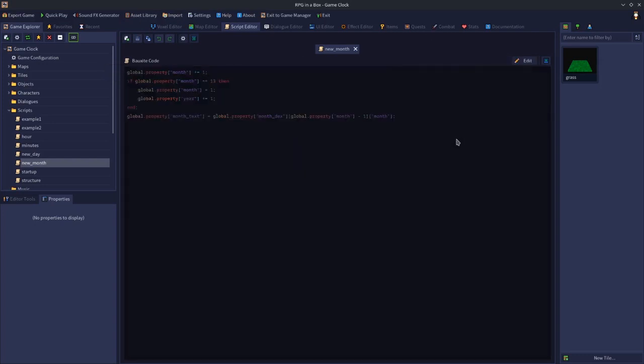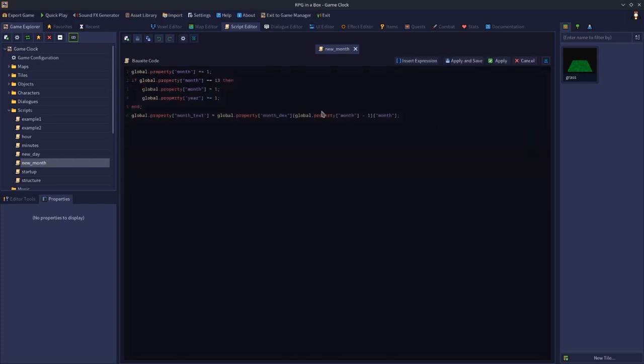And that is our new month script. So what we're basically saying is every month, increment the month count. If it's now reached 13, then it should go around to January again. It should also increment the year, because now we've gone on and we've reached a full year. And we're also just going to grab, at the end of every month,